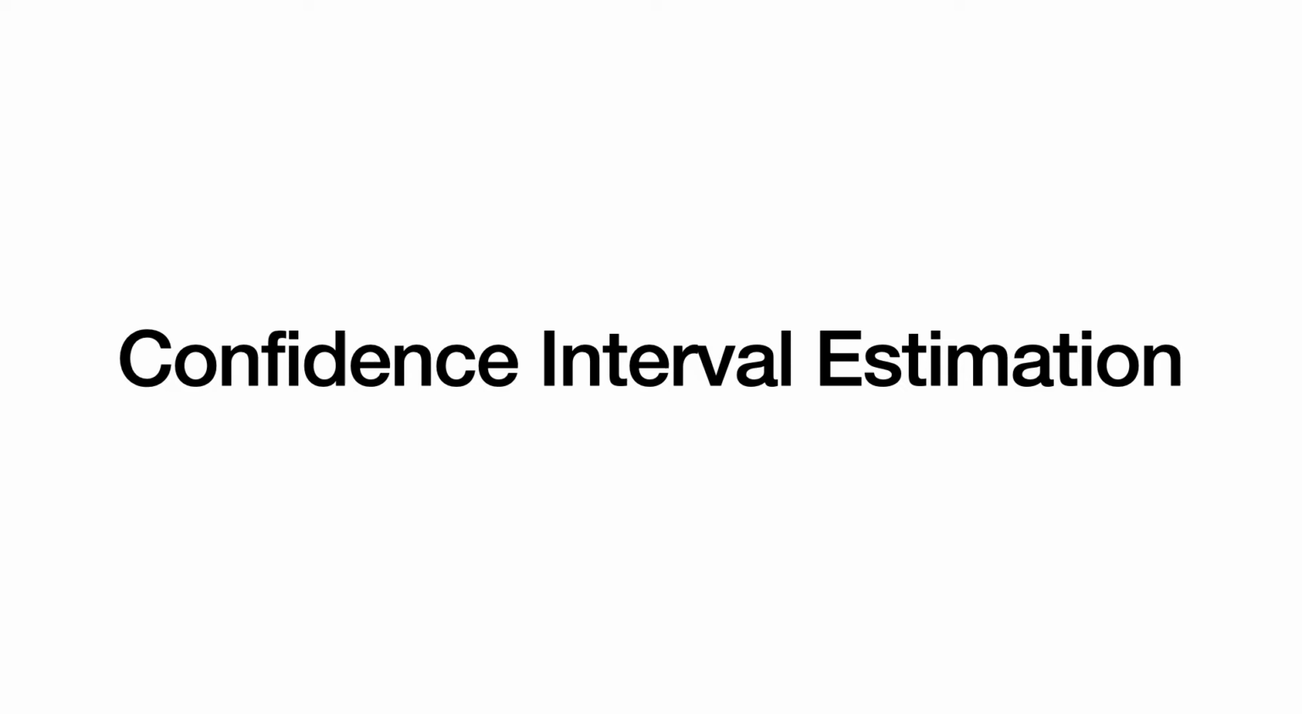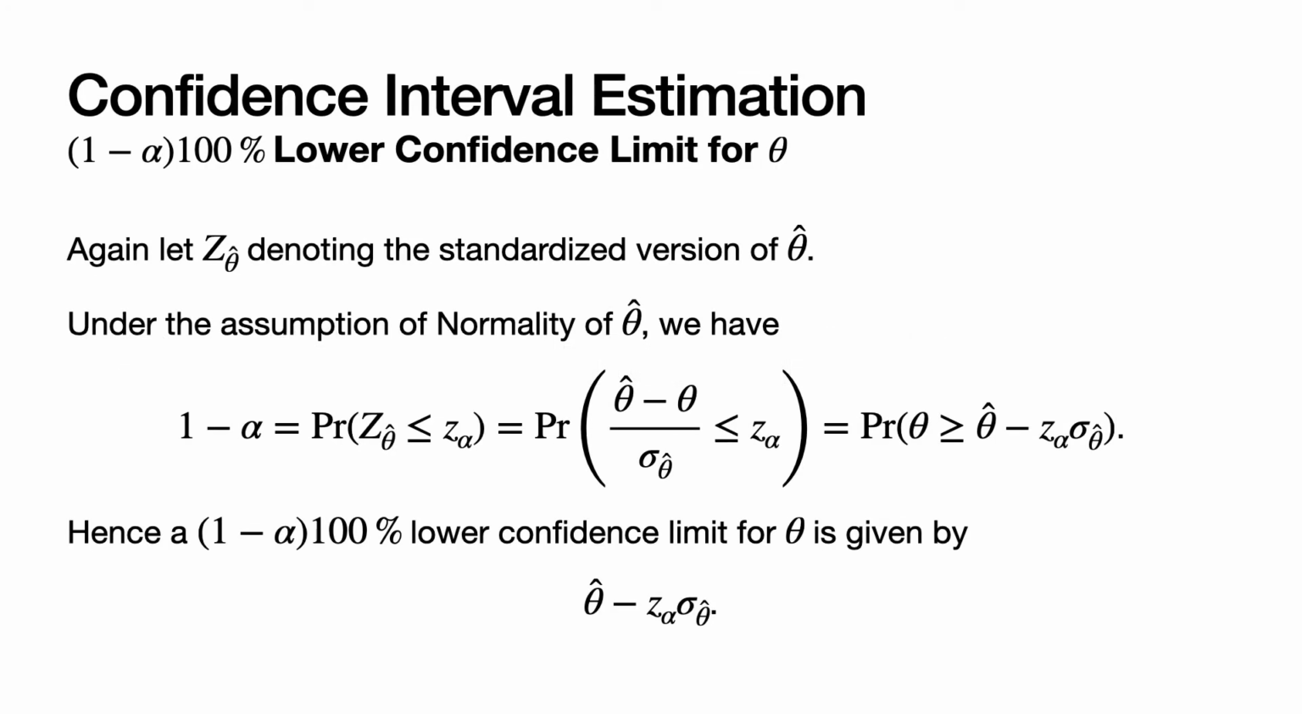All right, now let's look at how to construct confidence intervals for theta. And so we'll first look at how to construct a 1 minus alpha times 100% lower confidence limit for theta. And so again, let z sub theta hat denote the standardized version of theta hat. Then, under the assumption of normality of theta hat, we have the following string of probabilities. So 1 minus alpha is equal to the probability that the standardized version of theta hat, which is z sub